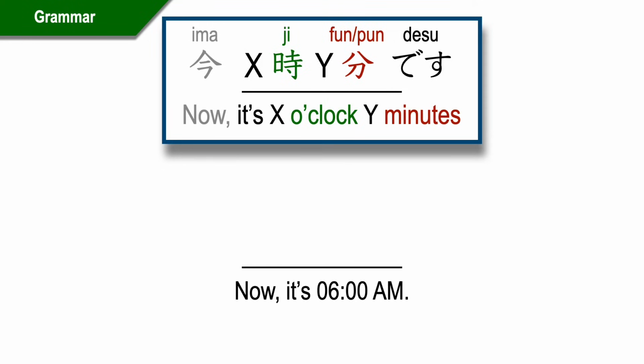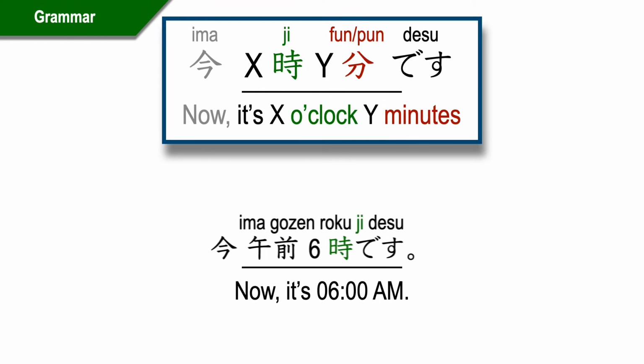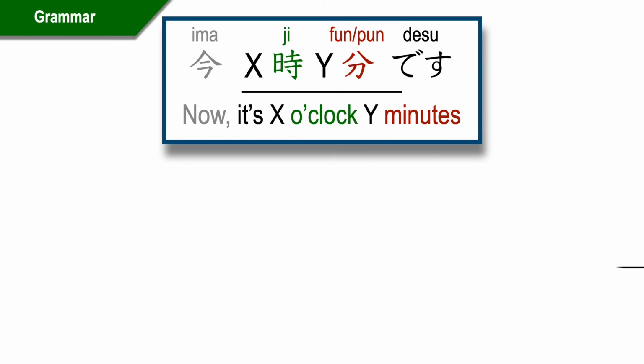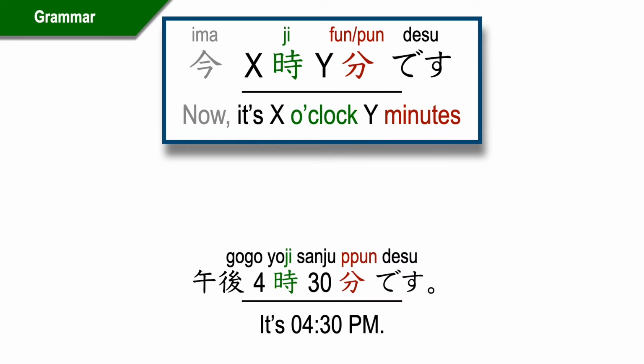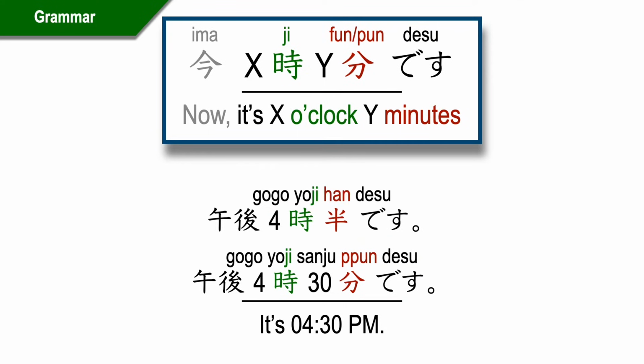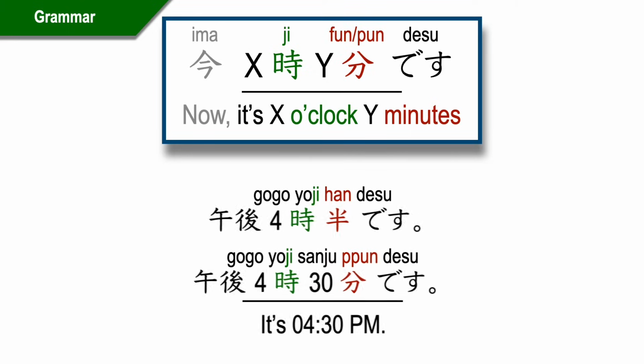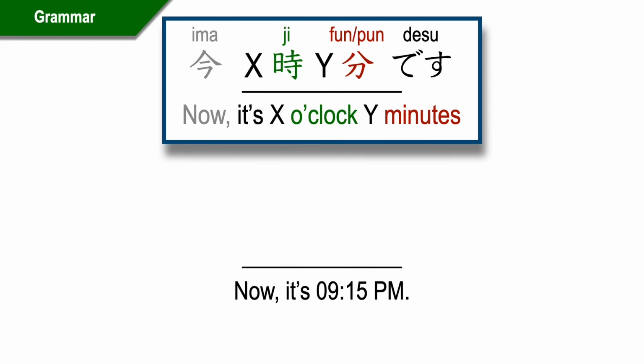How would you say now it's 6 a.m.? 今午前6時です。It's 4:30 p.m. 午後4時30分です。Or you can also say 午後4時半です。